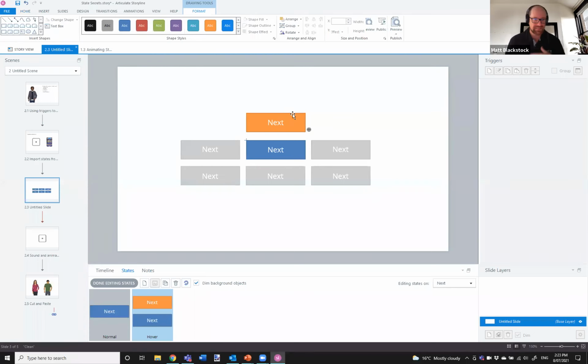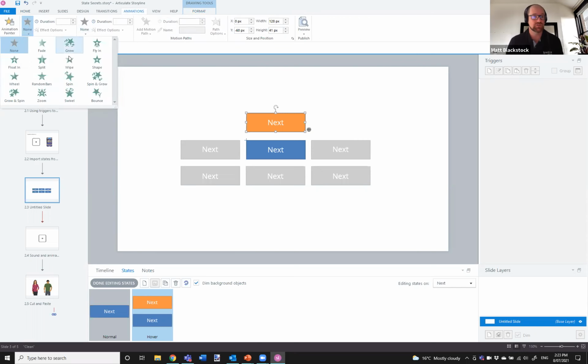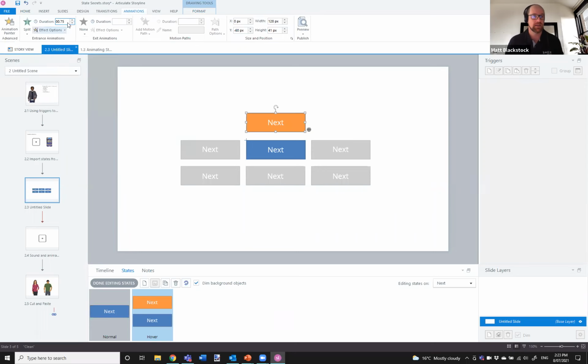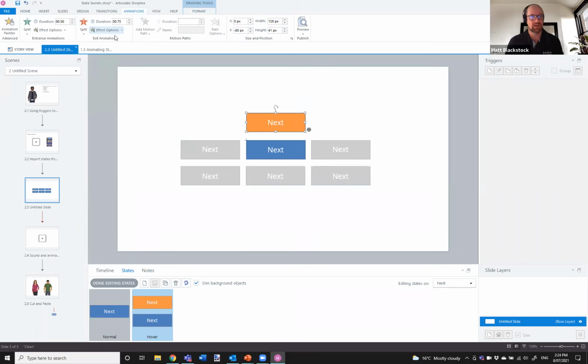And then I'm going to add the animation to this new orange version. So I'll go animation, and let's just do a split animation, still half a second. Let's split out from the center, so vertical out. And then the exit will also be a split, but this time I'll go vertically.